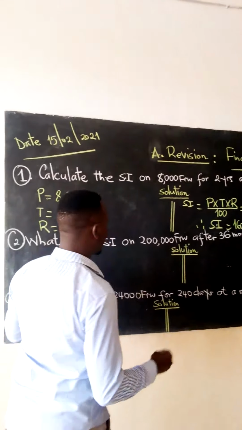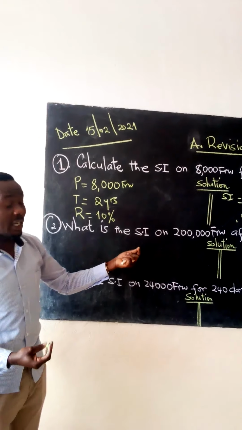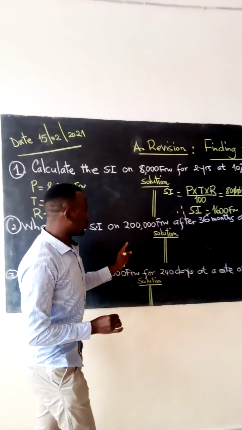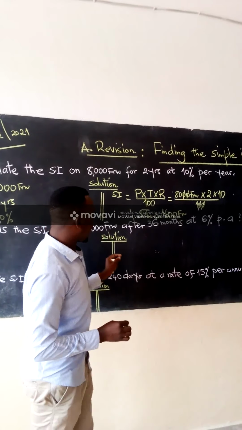Let's go for number 2. I told you that it is a revision. Number 2. What is the simple interest on 200,000 francs after